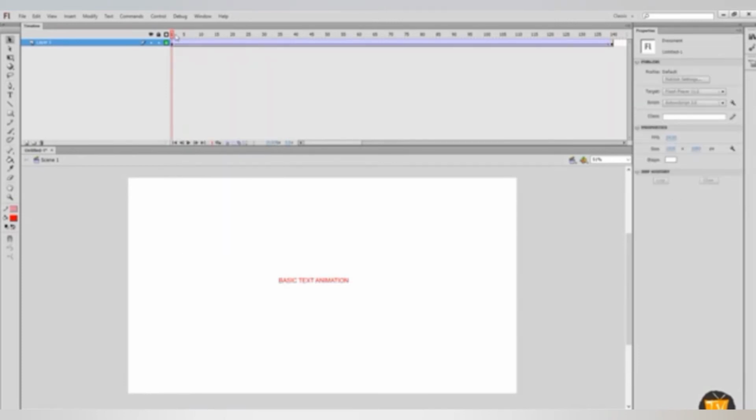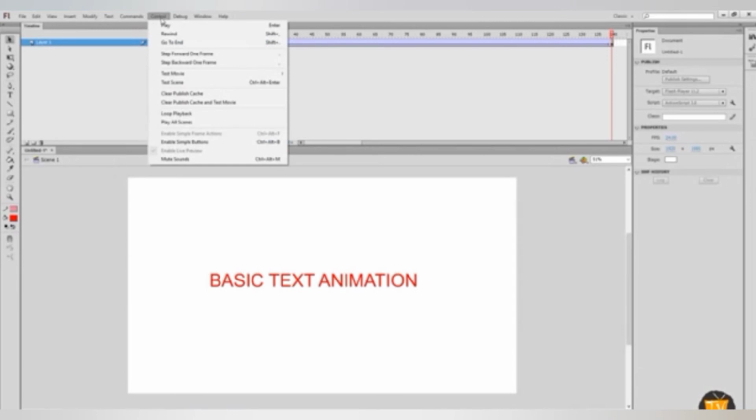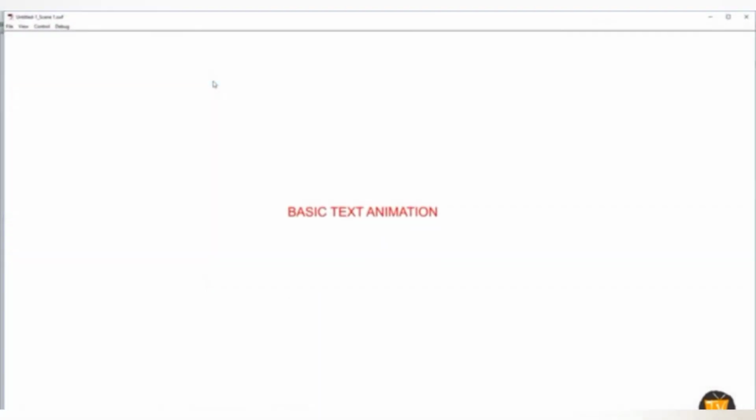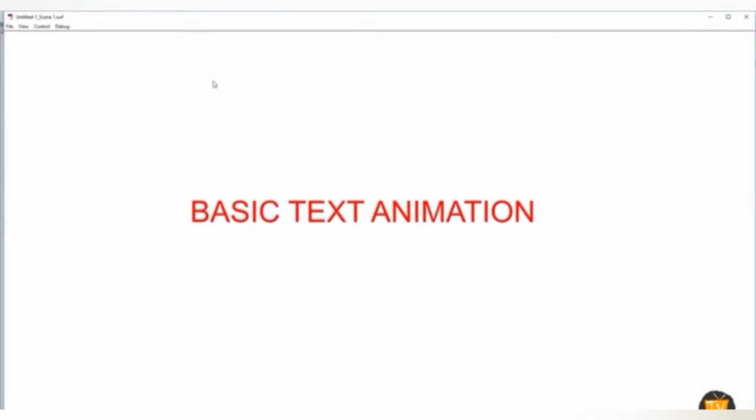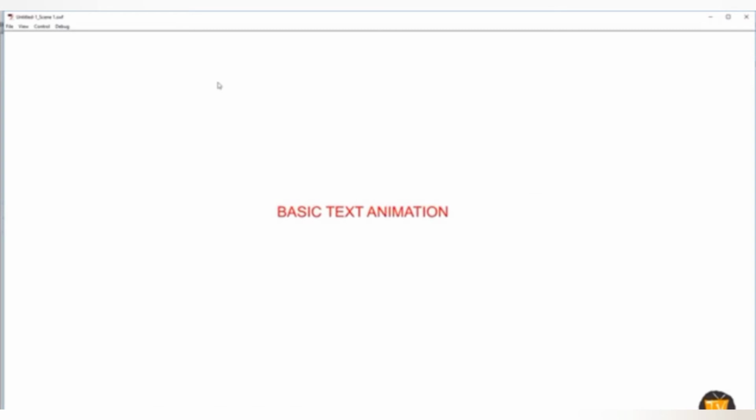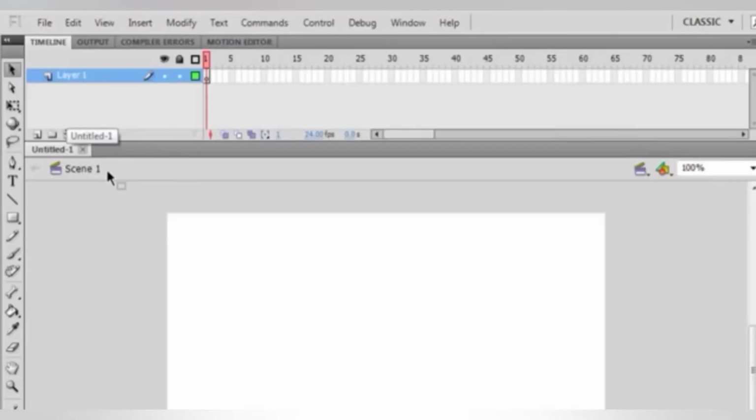We can format the text as well. For formatting the text, select the text field using selection tool. In the properties panel, under the character section choose the desired font and enter the font size in the size box.